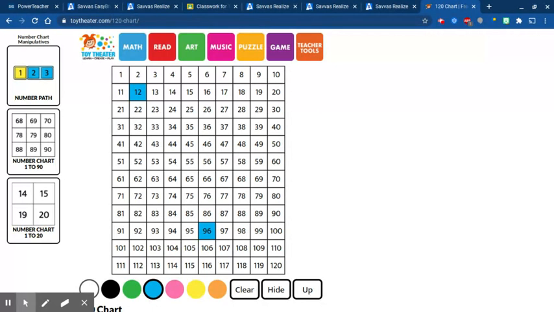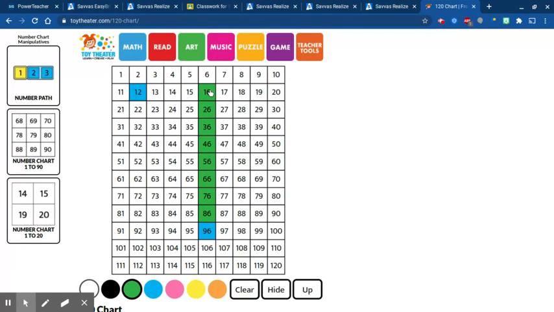So I could count by ones to do that, but that's going to take a long time. So I want to try to find, is there an easier way to do that? And I can do that by counting back tens. So I'm going to practice doing that right now. We know that if I stay in the same column, I'm taking 10 away each time. So if I go from 96 to 86, that's 10 I'm taking away. And then 10 more to 76, so that's 10, 20. And then 10 more, that's 30, 40, 50, 60, 70,